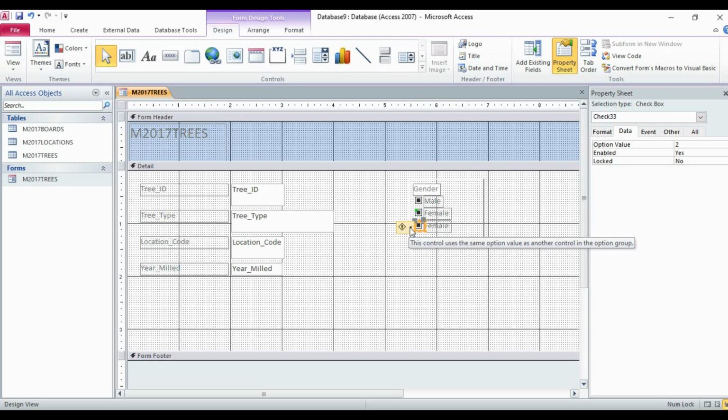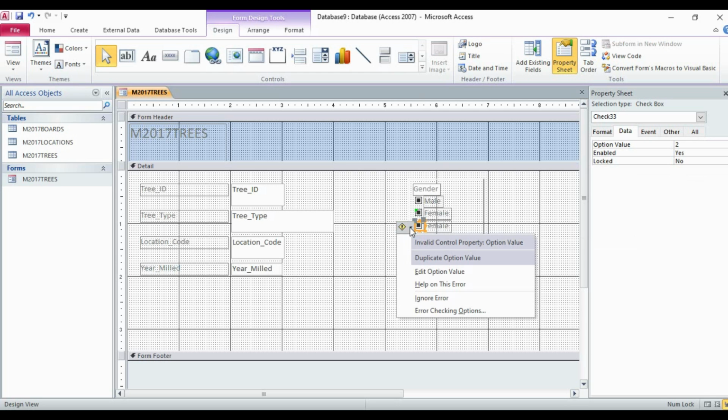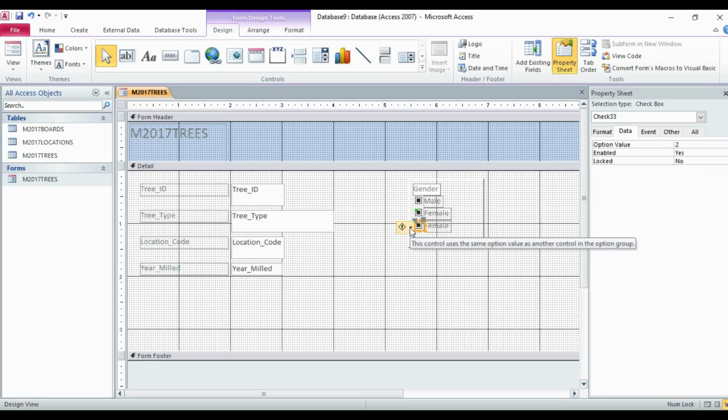Here it is showing an error value, so I'm just ignoring it. If we see, this error value is because we have copied the female label here, so the option value for this label was 2, and when we copied it here, the value for this label, that is female, is also 2, and we cannot assign the same value to two different labels.